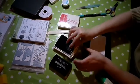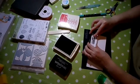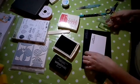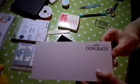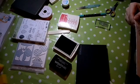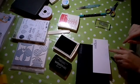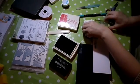It obviously works better for stamping on the felt ink pad, so it's quite a hard surface on the ink pad, and then when you stamp down and pull up, it gives you a nice black impression there, and also the edges are nice and sharp. If you stamp that with Memento, I've noticed, in fact I've got an old Memento ink pad here,